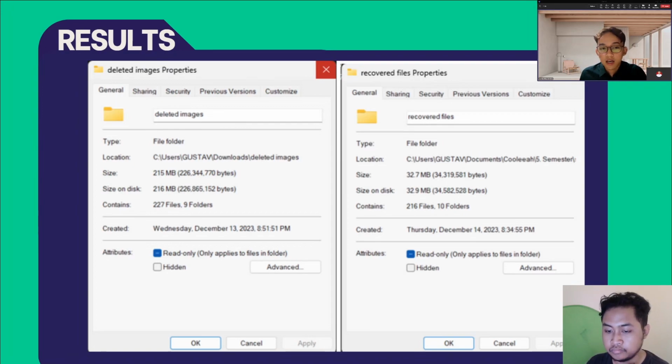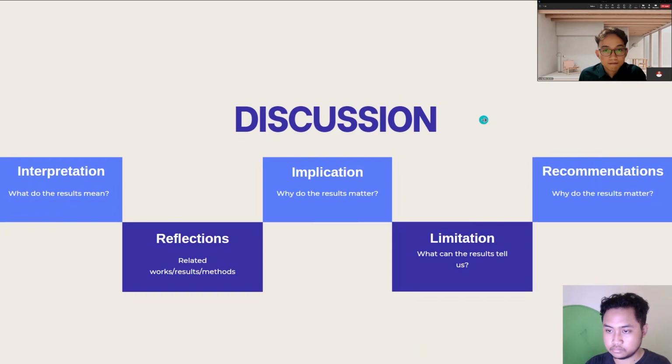Now, this can possibly be caused by the missing of those 10 text files, or maybe because in this folder there are a lot of images, and the recovered files are of lower quality compared to the original files. And next slide, please. And yeah, I think that is all for the results of our experiments. I will give the discussion back to Dawi.